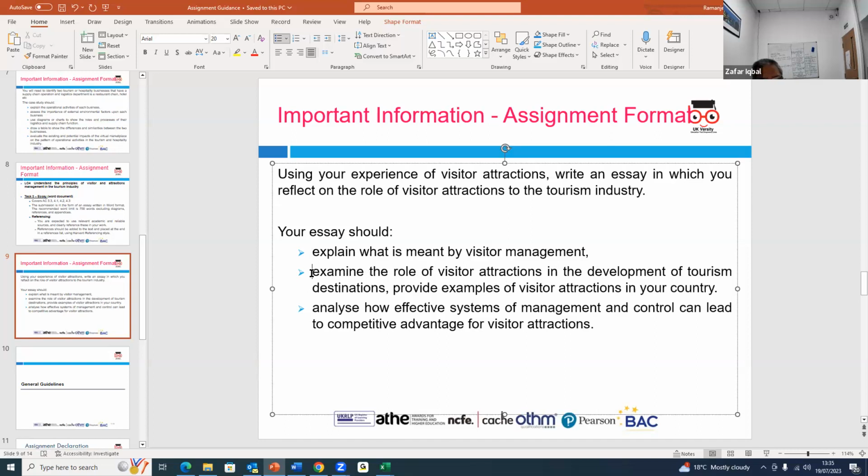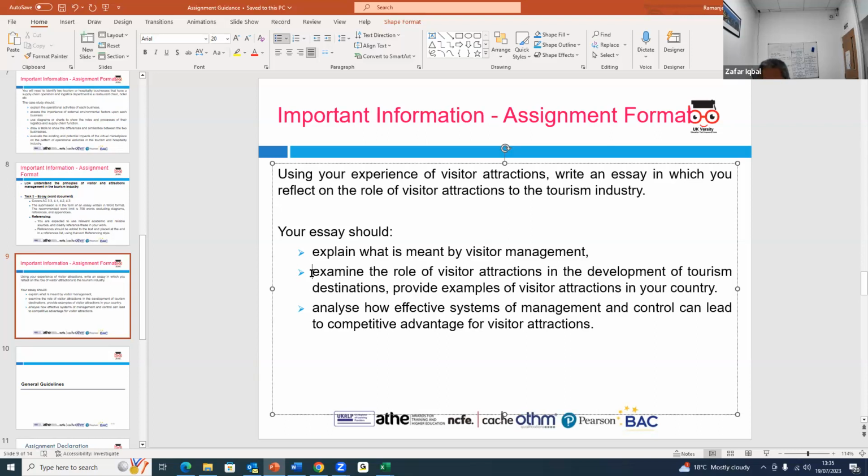So you give examples of the places that you know of, any beaches or any museums, for example, or any listed buildings, or seaside, or the Eiffel Tower, for example, or an arts gallery, for example,